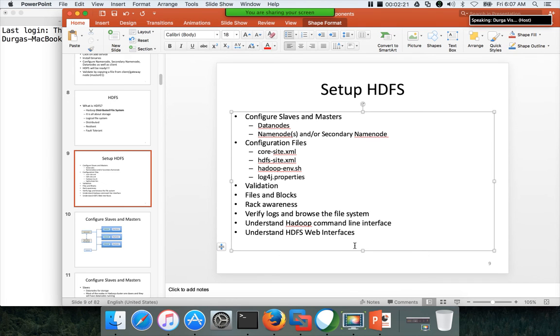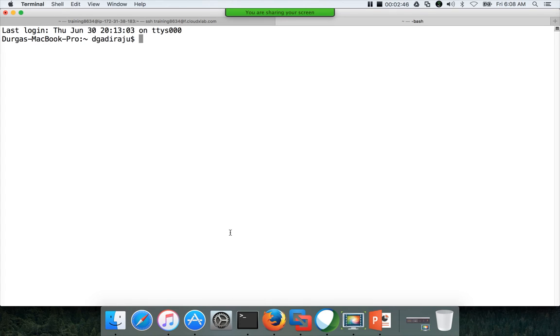So validation we have seen at the process level, whether everything is set up properly or not. And the second level of validation is whether we can use the service or not. In this case, the service is HDFS. The purpose of HDFS is to store data in a distributed fashion. So now we will try to use this and try to load some data to validate.